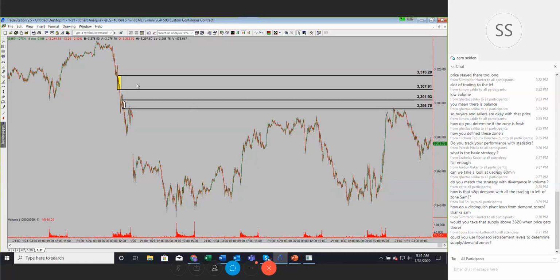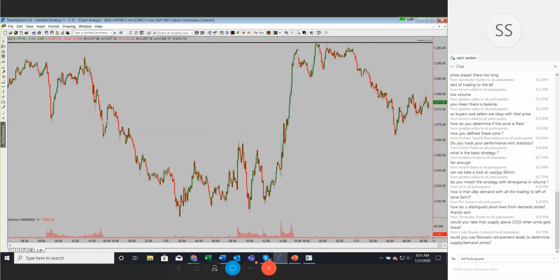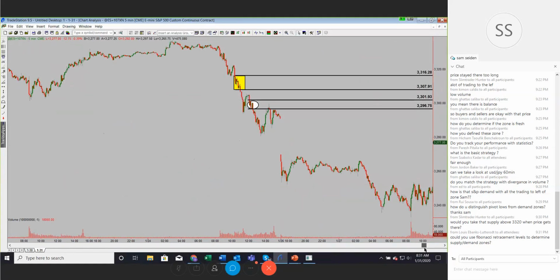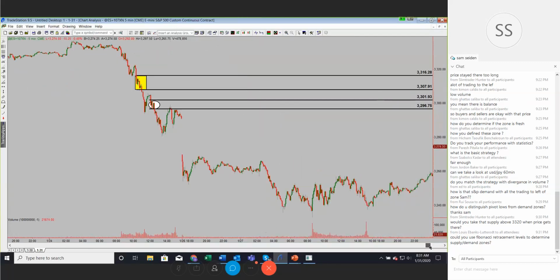The two fresh areas above started at 3308 up to 3316. Now those levels are inside here. So let me go back and blow up the chart so you can see these. There they are. These are fresh levels. Notice we have two on top of each other. Notice the base and the drop. Notice we have opposing levels to the left. And like someone asked before, are these levels fresh? Well, since the levels have developed, has price been back to this area? And when we look, the answer is no.